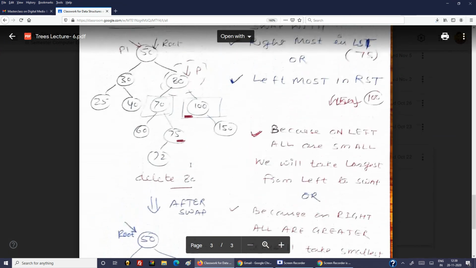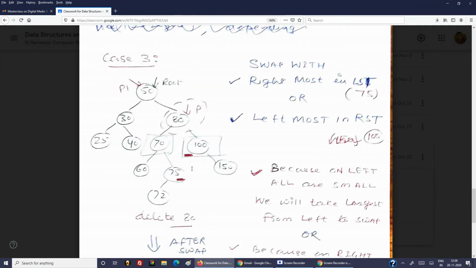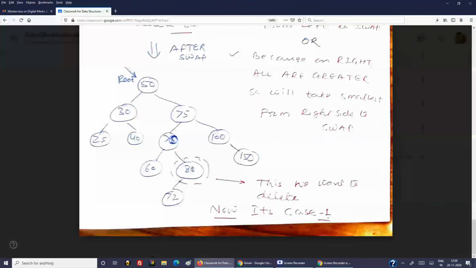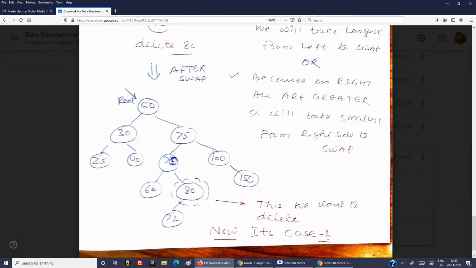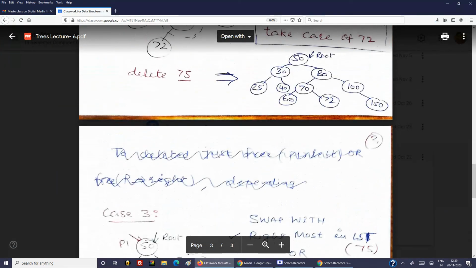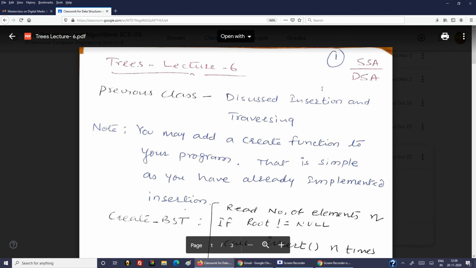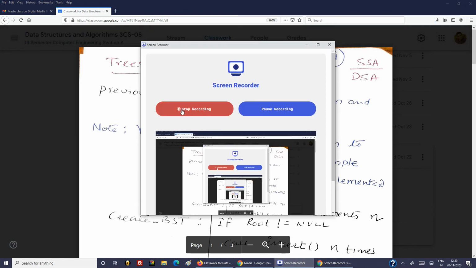And if you are writing the program, you need to learn a little bit of the concepts, which we will discuss in our next class. So I hope that you are now getting this point, how to delete a node from BST, how the cases are framed, and you will practice it. In the next class we will discuss how you can write a program for it.